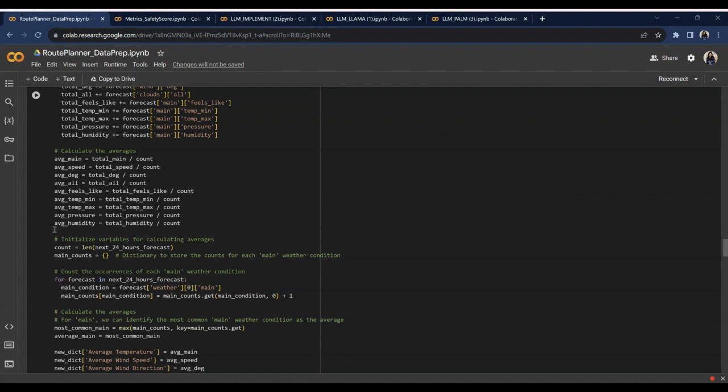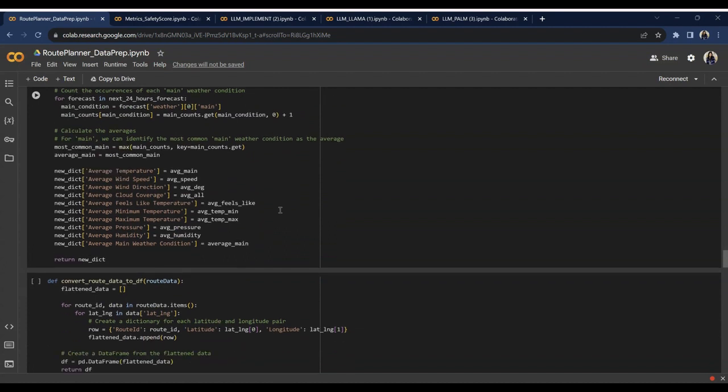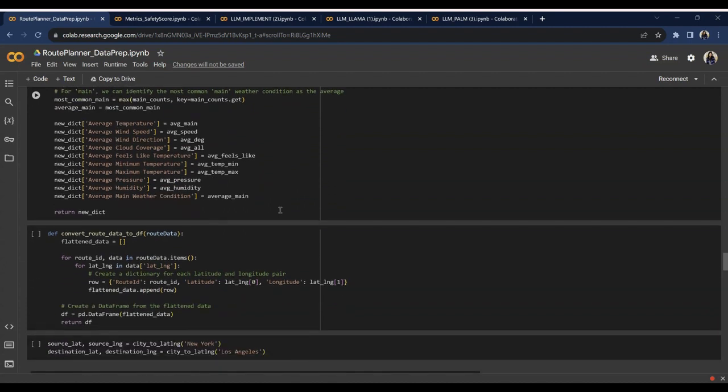So this gives us the average for each of the parameters. Additionally, the function counts the occurrences of different main weather conditions within the 24-hour forecast. It identifies the most common main weather condition during this period, which is determined as the average main weather condition. And this is done in order to aggregate the data a lot quicker, because the API returns the response in the form of every hour. So finally it populates a new dictionary called new dict with these calculated average values and the most common